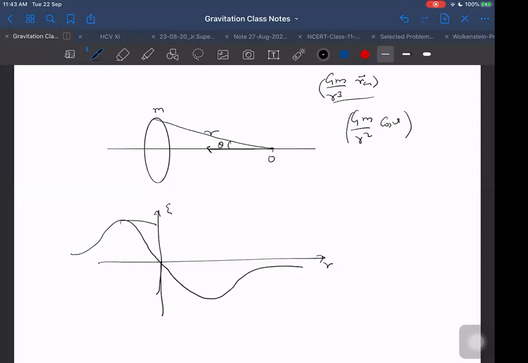Something like this. This is minus R by root 2 and this one is plus R by root 2. There it will become maximum. And what is the maximum value? You can find out by putting in this formula again. This is R by root 2. We can find out R will become R square plus R square by 2, that will become root of 3 by 2 into R. I'm not finding it out. You can find out what is the maximum value of E. This is how the graph will be for a single ring.